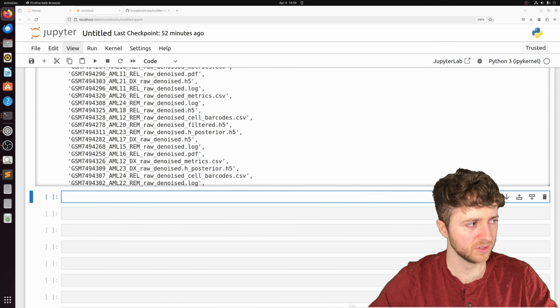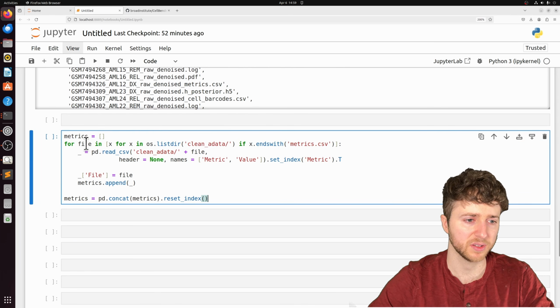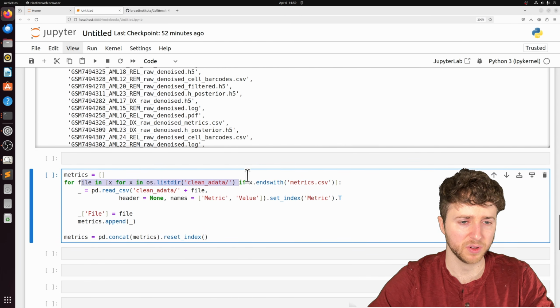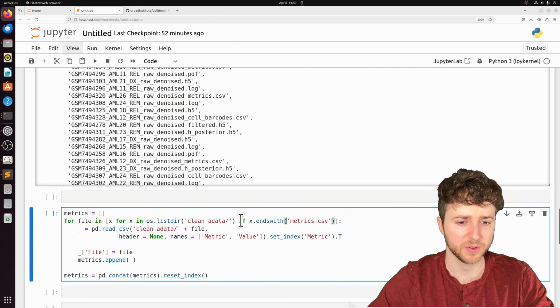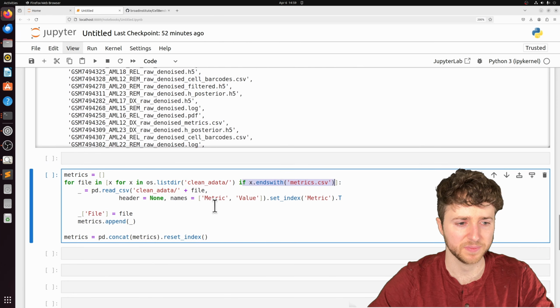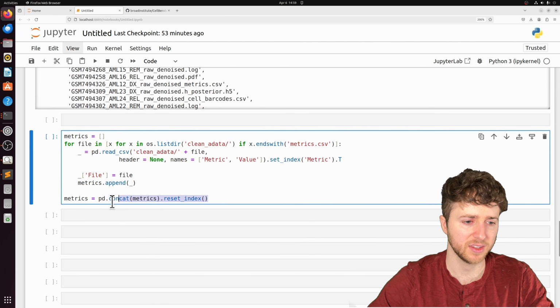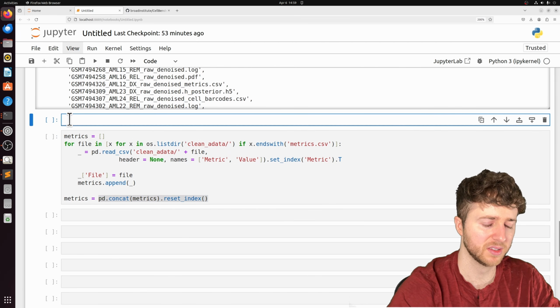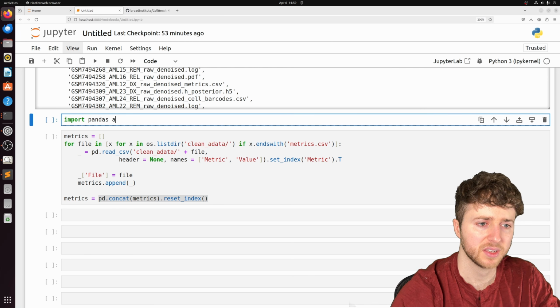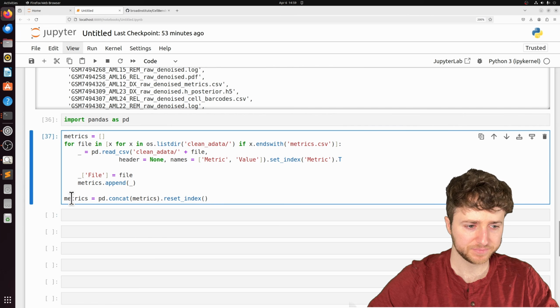Instead of going through this line by line, I'm just going to copy what I did over here. So I'm going through all these files and only getting the metrics CSV, opening them up, adding them to this metrics list, and then using pandas. I might not have pandas imported, so let's do that.